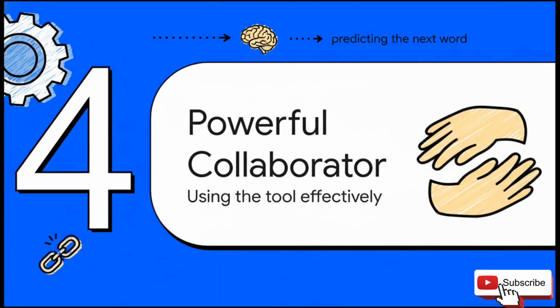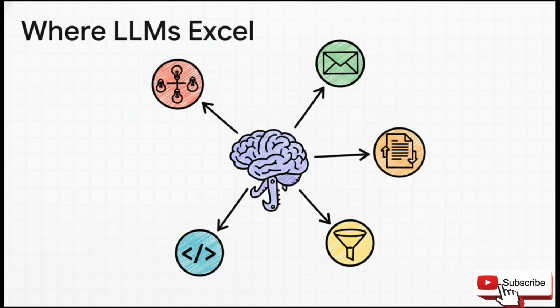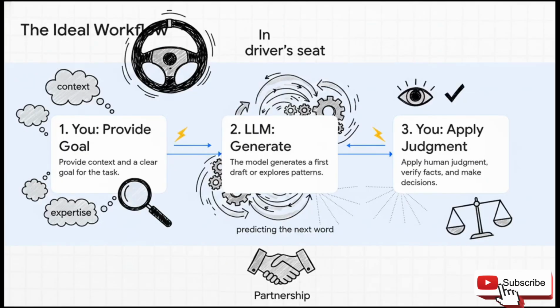But look, understanding these limitations isn't about dismissing the technology. Not at all. In fact, it's the absolute key to unlocking its true power. Let's see how this understanding can change a professional workflow. So where does this leave us? Well, when you stop treating it like an all-knowing oracle and start treating it like a tool, its power becomes obvious. It's absolutely exceptional at synthesizing patterns at an incredible speed. This makes it a world-class assistant for things like drafting emails, rewriting paragraphs, summarizing long documents, explaining snippets of code, and just brainstorming ideas. The ideal workflow always puts you in the driver's seat.